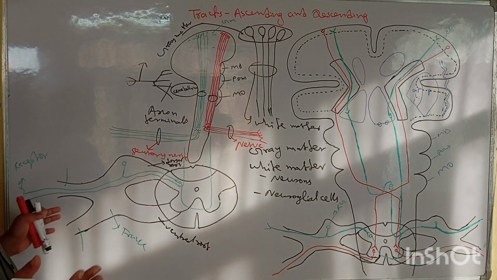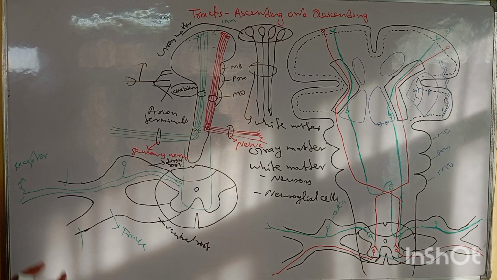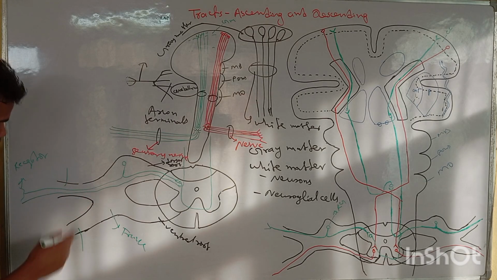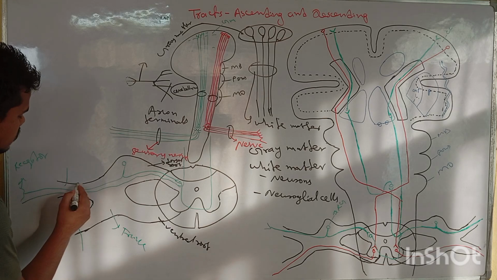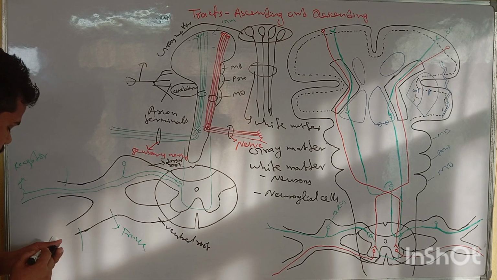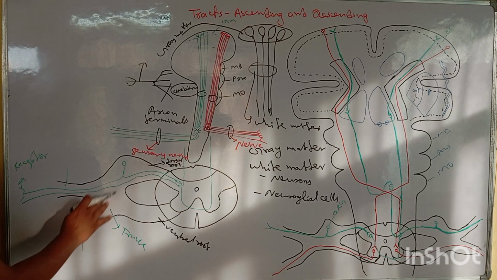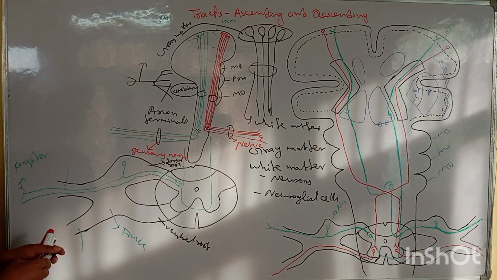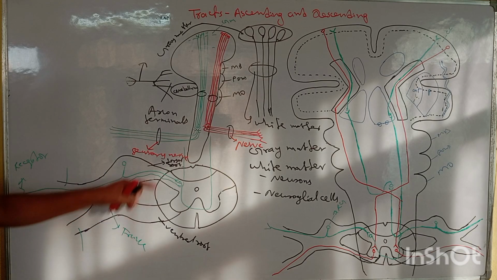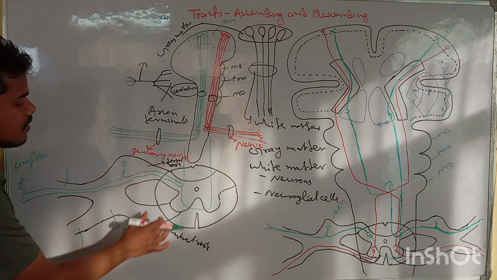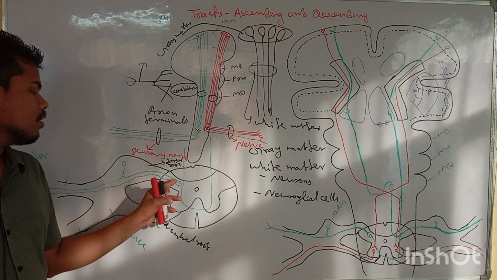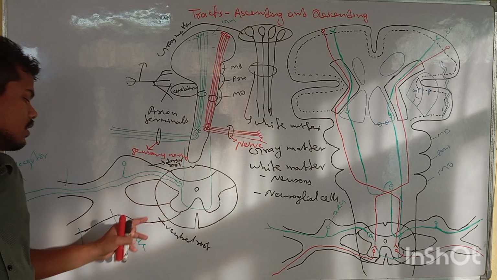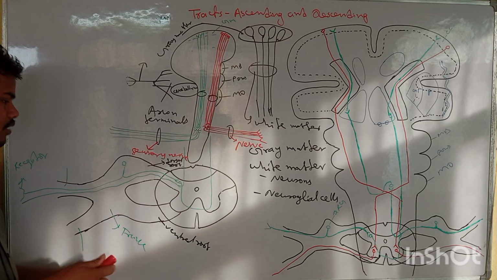What you call ramus is this thing, and sometimes the ventral ramus forms the plexus like the brachial plexus, etc. So the first universal rule is that fibers coming in will only go through the dorsal root, and exiting fibers